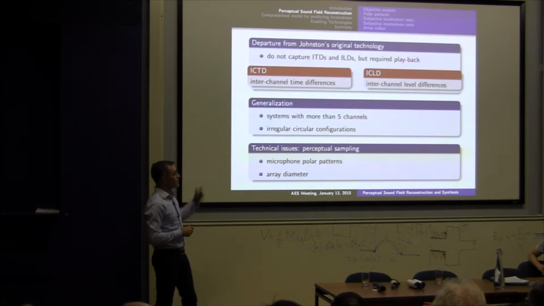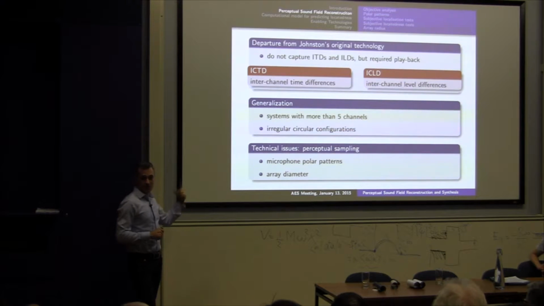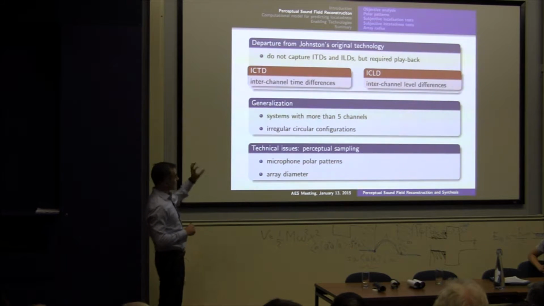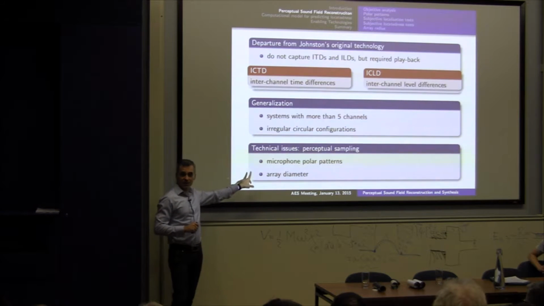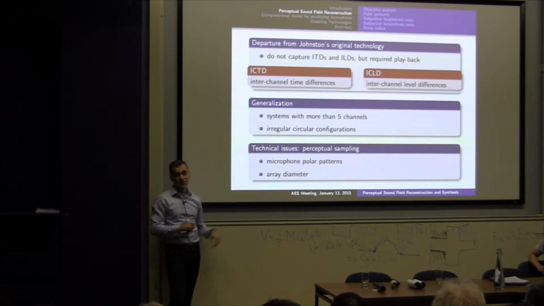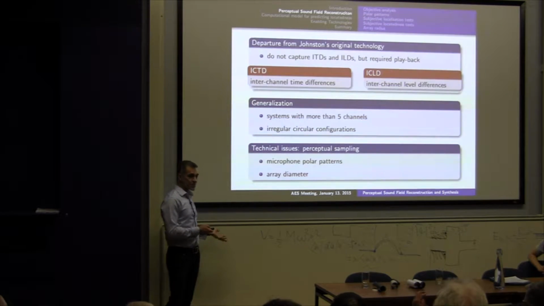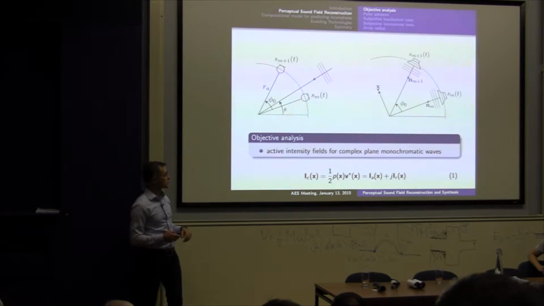What I'm going to present here is how we are doing that, and you're going to notice that I'm not going to restrict any considerations to 5 channels or any kind of regular patterns, except sometimes in experiments. Basically, this is going to boil down to what array diameter we are going to use. We're still going to stick to circular microphone arrays, and what the microphone polar patterns are going to be to achieve this. That is, to have a proper auditory perspective of an acoustic event.